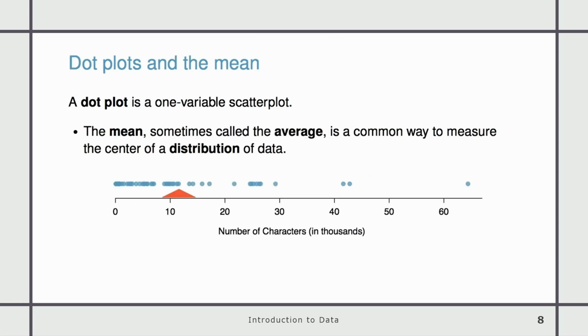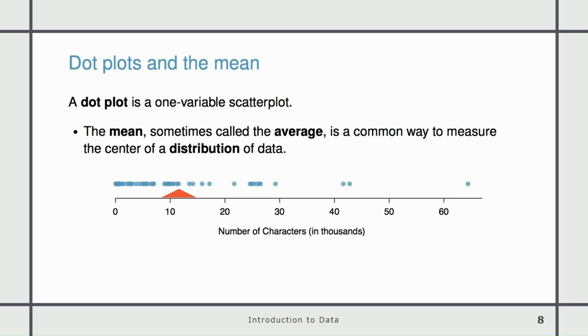Dot plots and the mean. A dot plot is a one variable scatter plot. It has only a single axis. The mean, sometimes called the average, is a common way to measure the center of the distribution of data. The mean is the measure of central tendency, and it represents the typical or central value of a set of